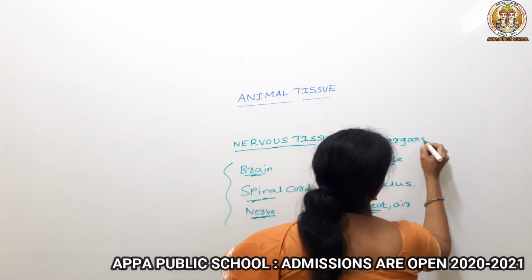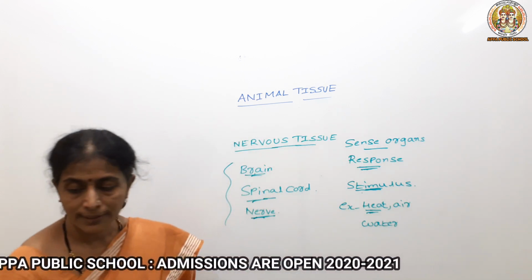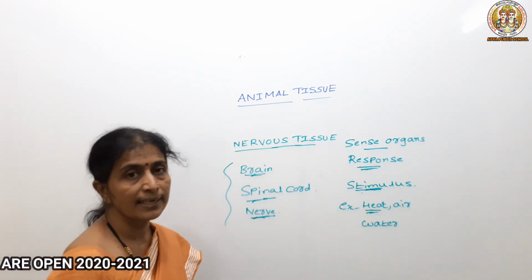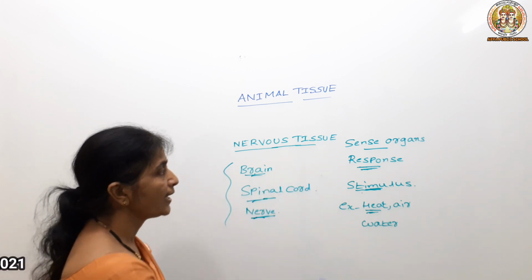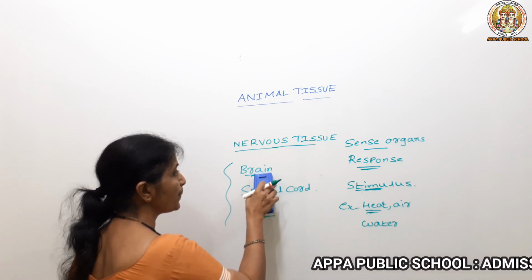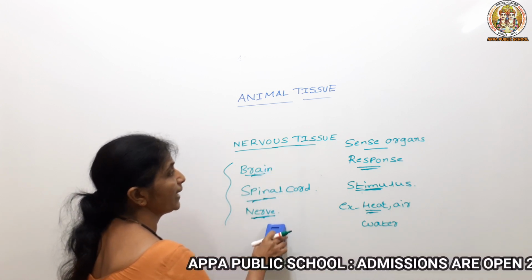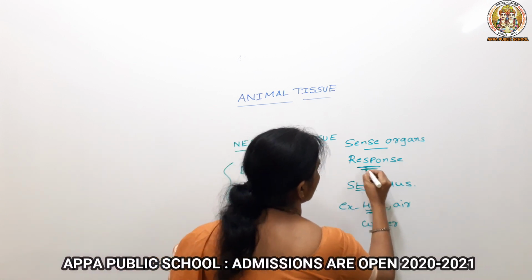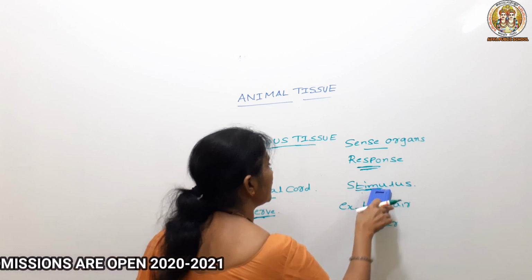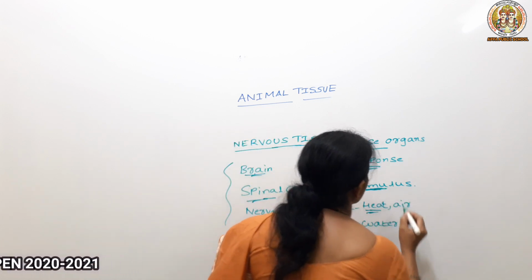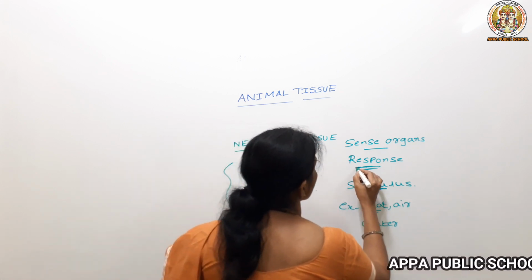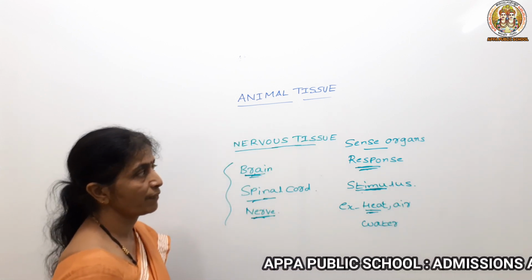Let us see one by one. These sense organs we have already taken here. When we touch any hot object, the skin acts as the sense organ and the message is taken through the nerve, through the spinal cord to the brain, and within a fraction of a second the brain again brings the response. It is the exact reverse message that the brain sends within a short duration of time.